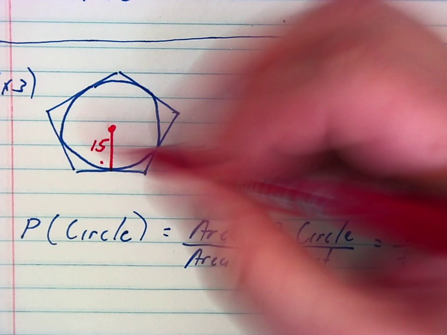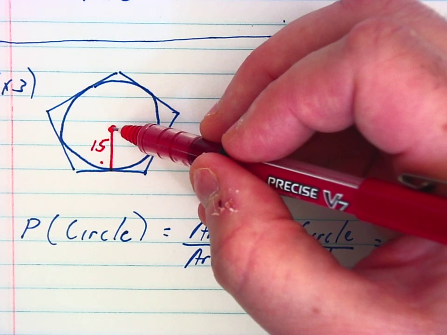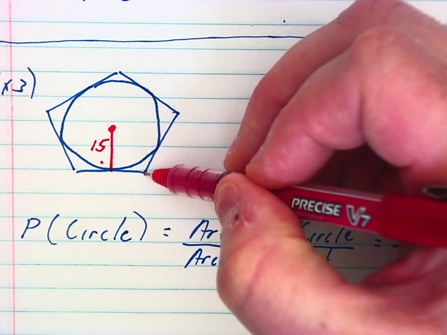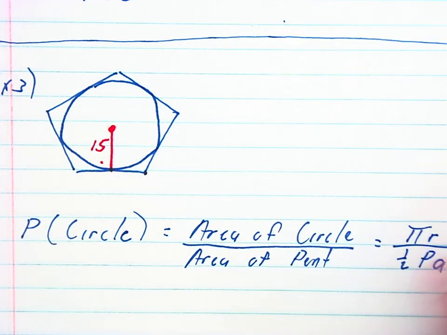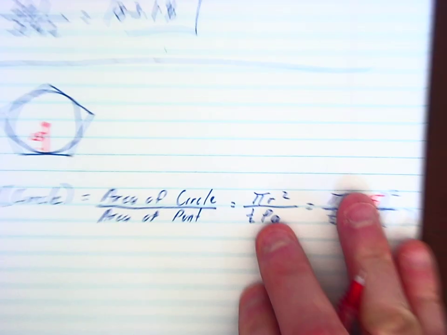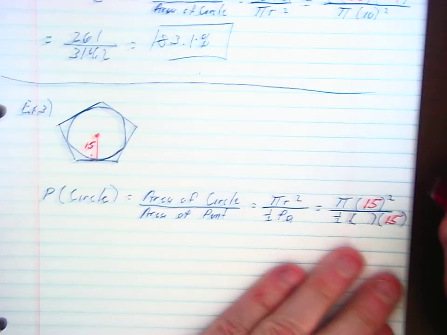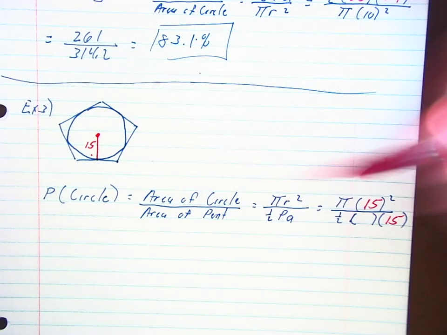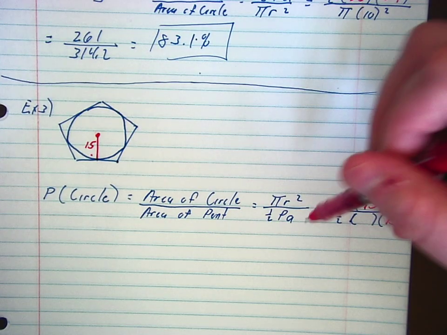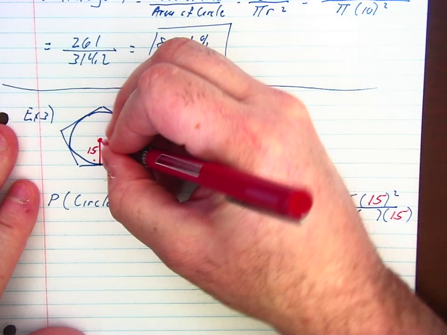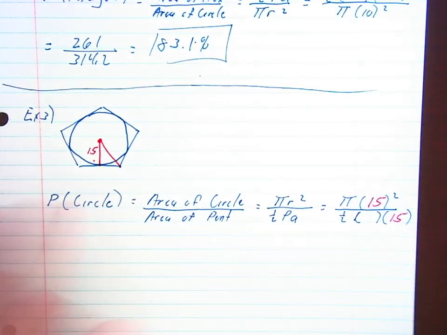So pretend like the circle wasn't there at all. What does that 15 do? It goes from the center point, touches the side, not a corner. So that would be the apothem. So I know that. I can fill that in right now. This is going to be an easier problem because you already have the apothem. So the only thing I need in this problem is I need to find the perimeter, and then I'll be able to do the whole problem. So I'm going to create this triangle again, just like we always do, and I'm going to find